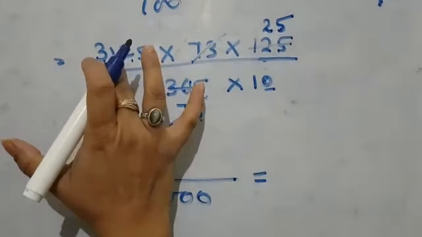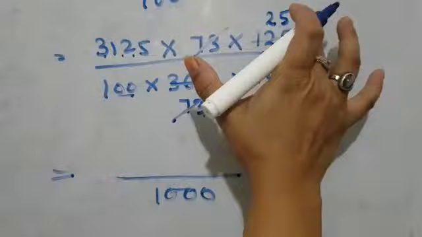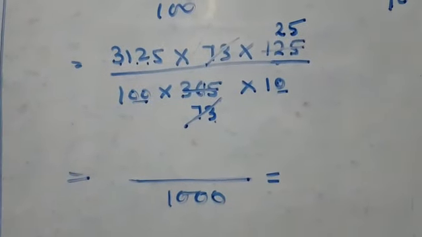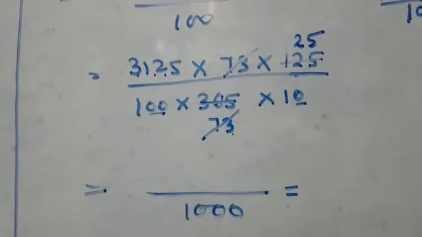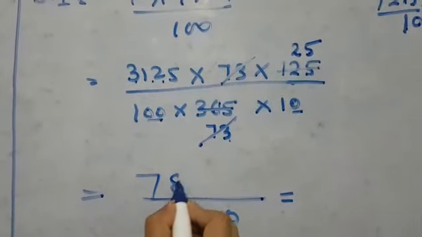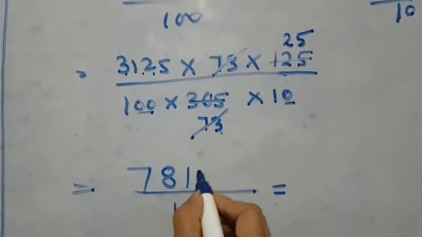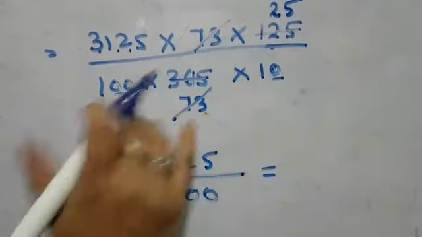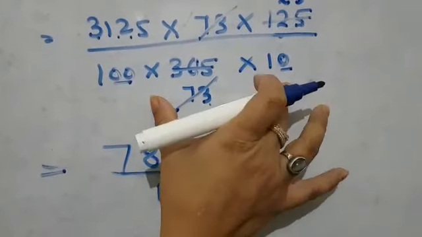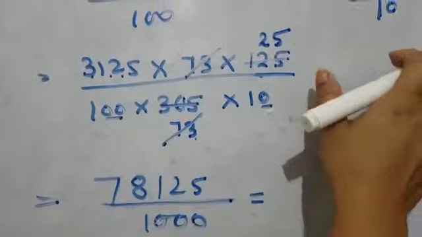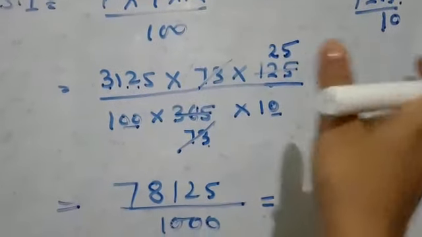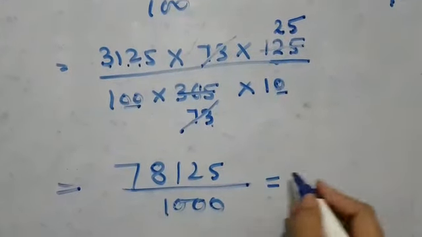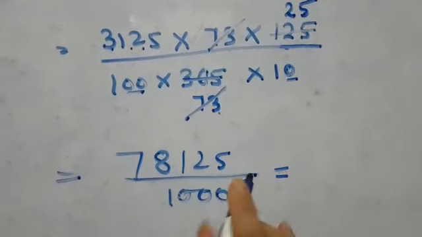I want to avoid that. So what I will do, simply multiply 3125 by 25. So when you multiply, you will be getting 78125. Students, you can reduce it to the lowest terms, then 20 will be left in the denominator. You can divide that by 20. It is totally your choice. If you want to divide, you can. The calculation you want to do in what way, it's your choice.